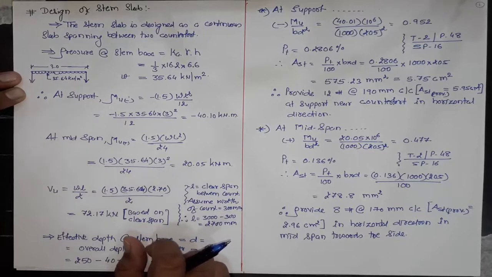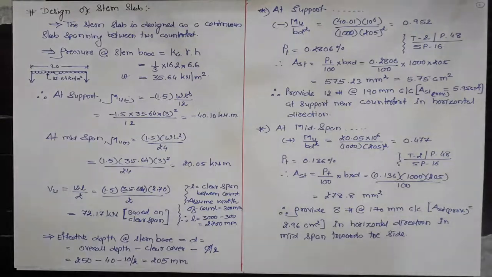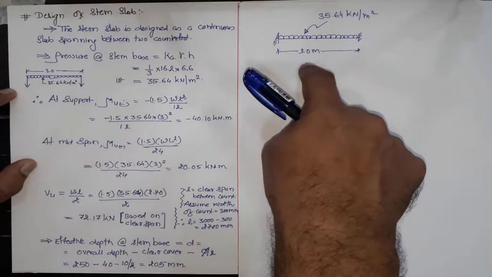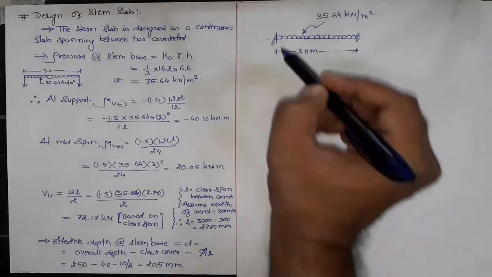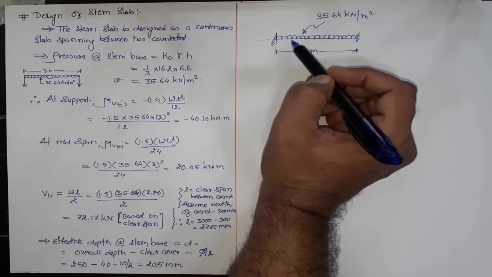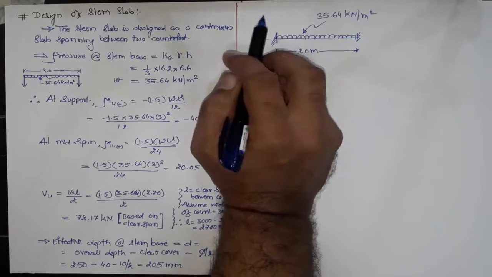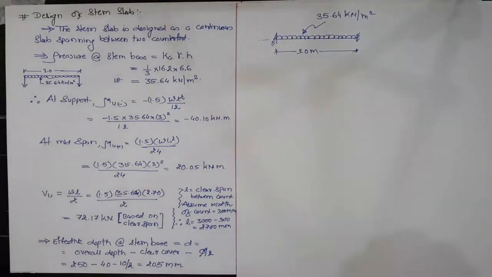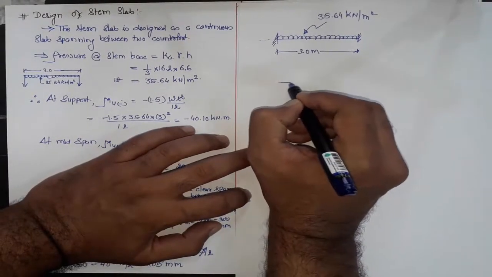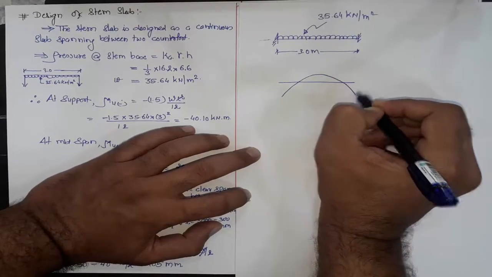Therefore, this can be idealized as, we can idealize this loading diagram as shown here. Here I have idealized the support condition as the fixed support, since we are having a continuity of our stem slab about counterfort. Here we can say that our bending moment diagram will be somewhat like this. This is a fixed end bending moment diagram,